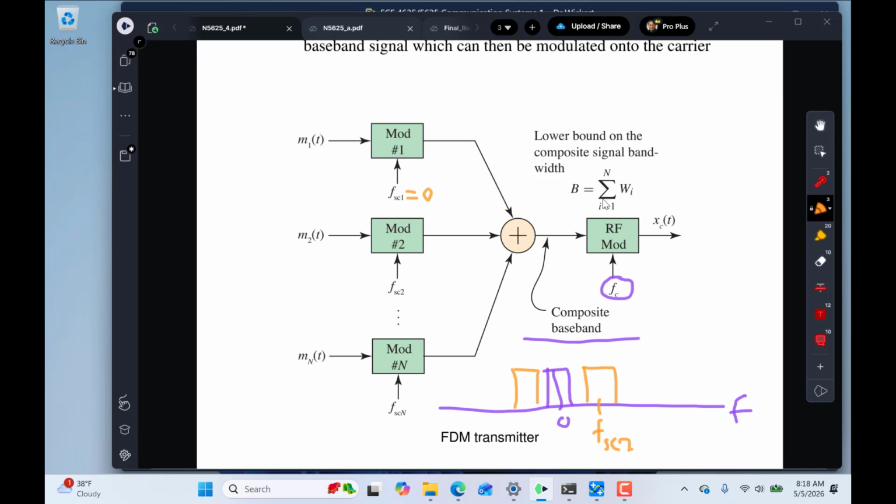The main thing about FDM is that all of these signals have to be disjoint. In other words, they don't overlap. Does this make sense? I can just put them up there in the frequency domain, and then I take this composite spectrum of all these FDM'd subcarriers, and